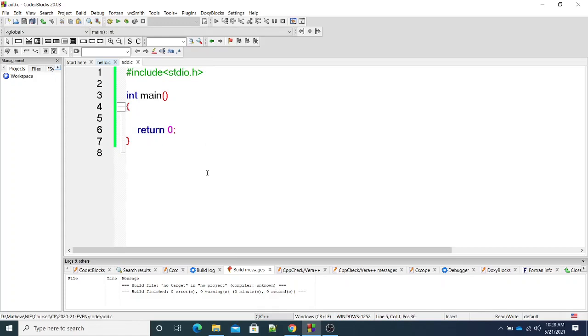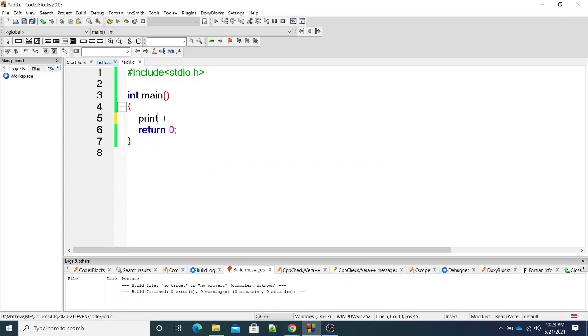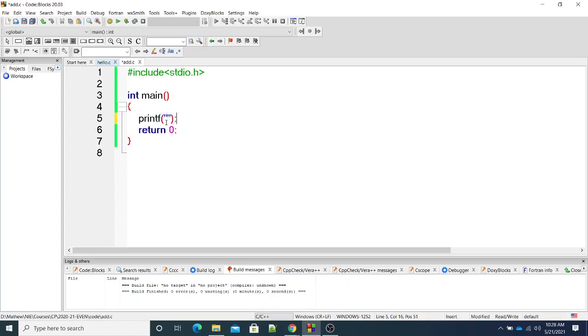So don't write this program. The simplest way I can do it is printf. So we are going to learn the second variant of printf. The first variant of printf simply gives a string in double quotes. A string means whatever we give in double quotes.